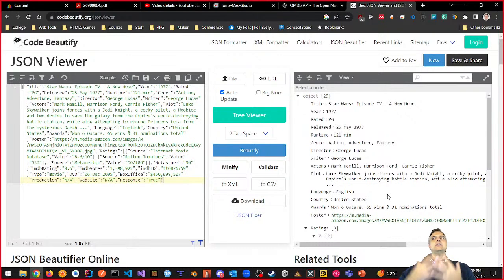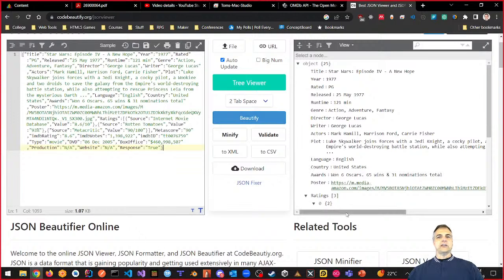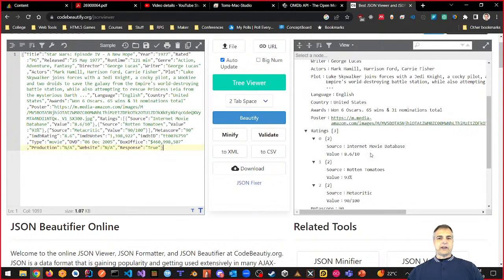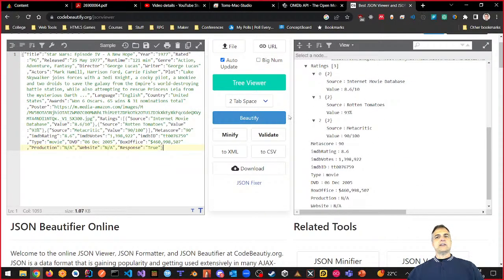And this is what you need to start thinking about. Whenever we look at an API or anything like that, because we're getting data, take a look at the format. What do you need to do? And one of the arrays that you're going to see is this ratings array. It looks like there's a ratings array here that gives you the Internet Movie Database, Rotten Tomatoes, and Metacritic as an array of ratings. I only need one of them.